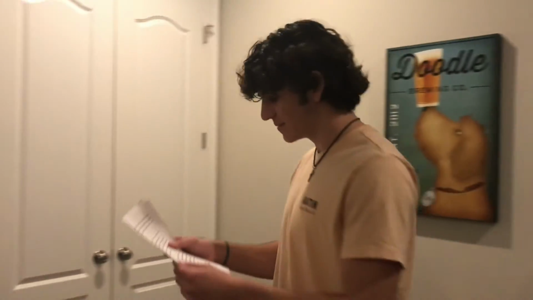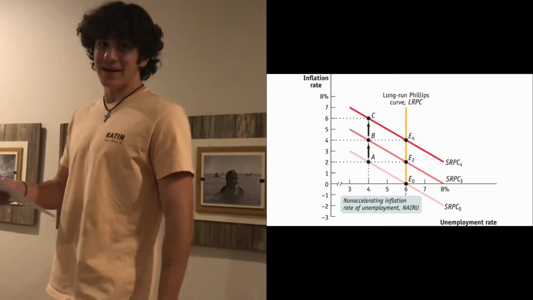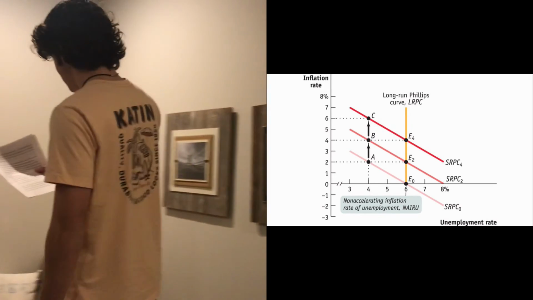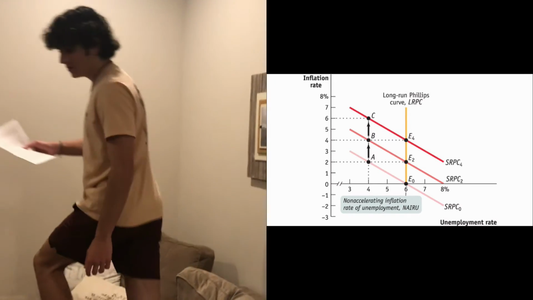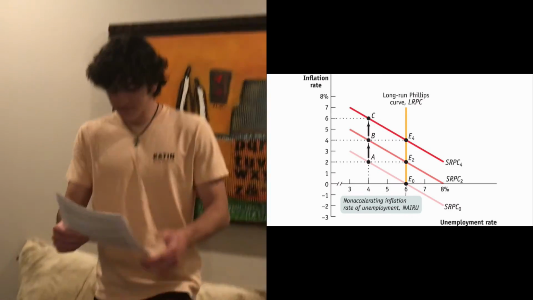Moving on to the long run situation, the LRPC shows the relationship between unemployment and inflation in the long run, after expectations of inflation have had time to adjust. This is represented by a vertical line, because any unemployment rate below the NAIRU leads to an accelerating inflation rate. The NAIRU, or the non-accelerating inflation rate of unemployment, is defined as the unemployment rate at which inflation does not